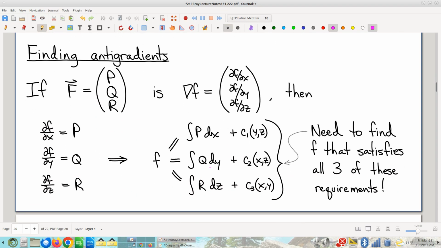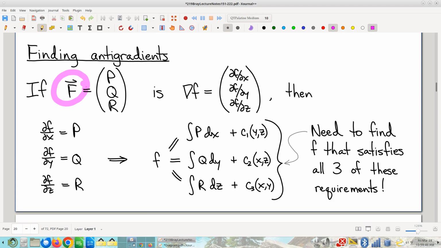Okay, so as promised, I promised a bit ago that I would show you how to find antigradients. I've pulled a couple of rabbits out of a hat so far in this discussion, where I just say, here's the antigradient, out of thin air with no clarity on where I got it from, right? So now I'm going to show you that trick. It's actually pretty straightforward if you think it through. It's not that surprising.